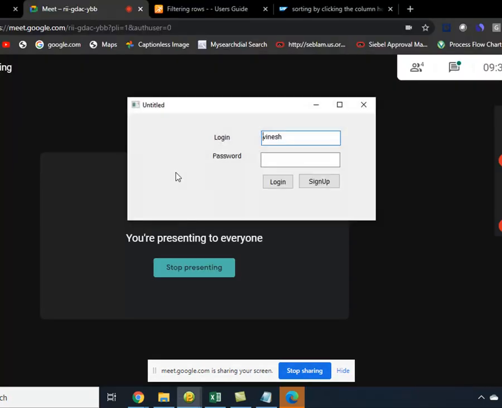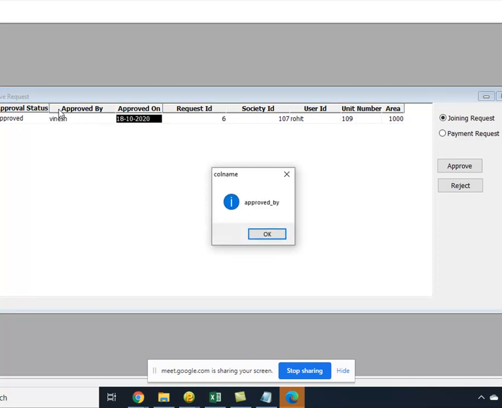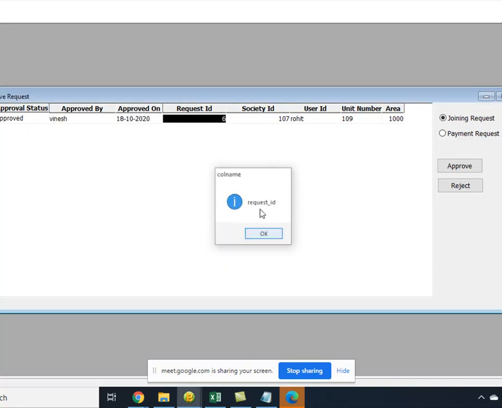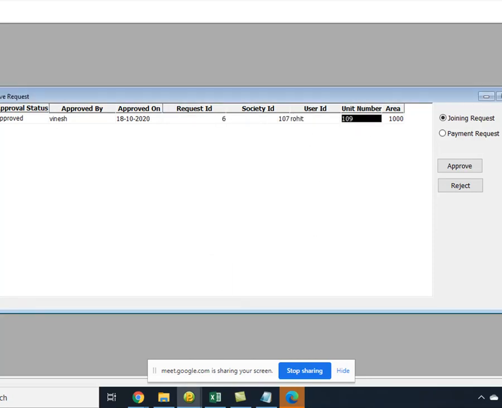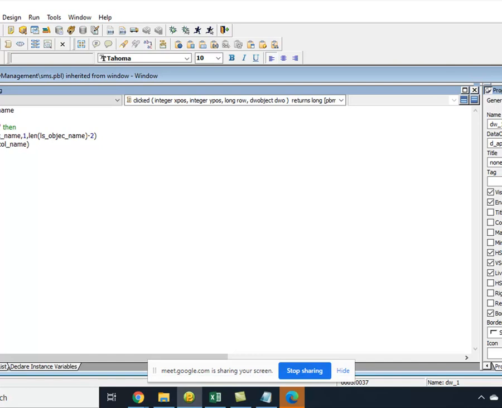Okay, let's do that. What does it return? Nothing, right? क्यों? Because I didn't click on header. If you click on header, then only I want to sort on that particular column, right? Now you are getting all the column names because I have given a condition that this code should be executed only if that value has the last two characters as underscore t, right? Then whatever I am getting, just get the complete list except two characters.